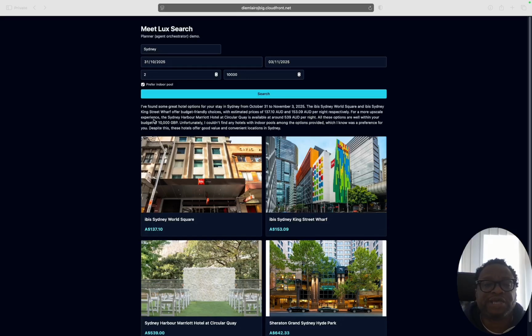For more upscale experiences, the Sydney Harbour Marriott Hotel at Circular Quay is available at 539 Australian dollars per night. All these options are well within your budget of 10,000